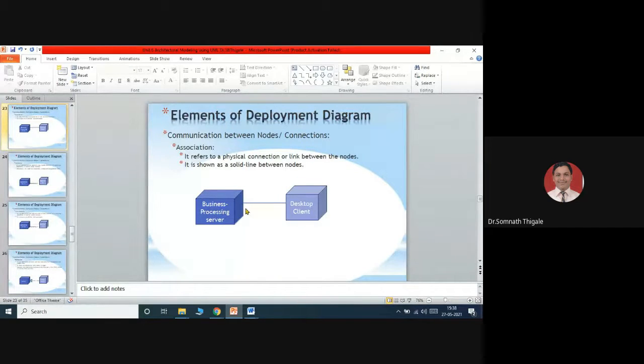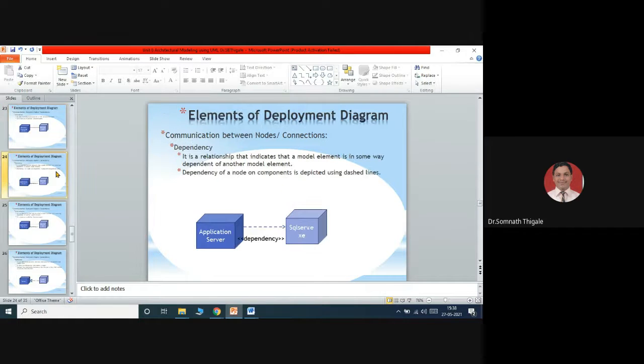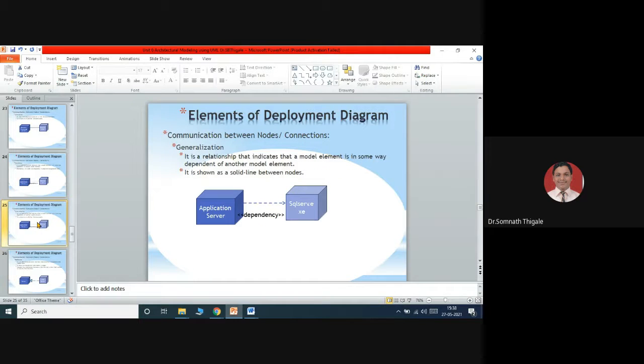Second part is, once you find the devices, how the nodes will interact with each other. That node interaction will be discussed with the help of different types of relationships, and we have already discussed so many different types of relationships. The first is association, a simple physical relationship. Second we can say dependency. This is a dependency type of relationship. This is a generalization relationship. Dependency and part of association, that I am calling a dependency type of relationship.